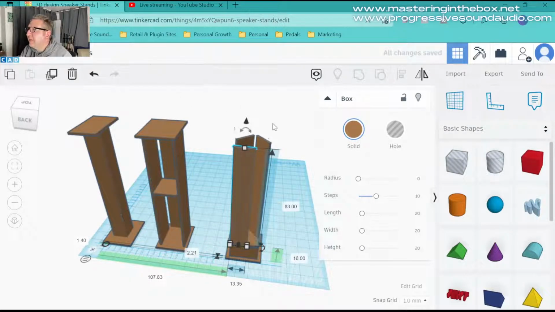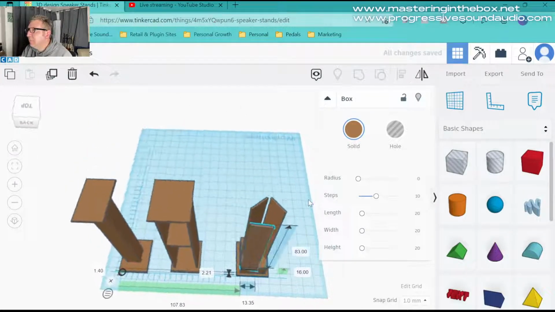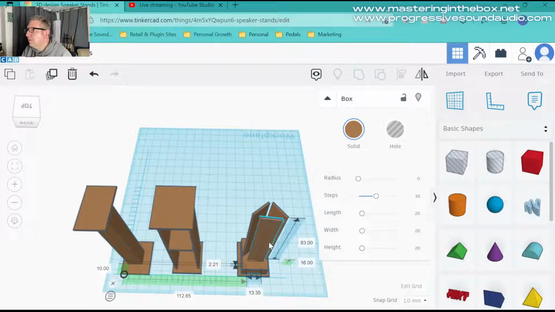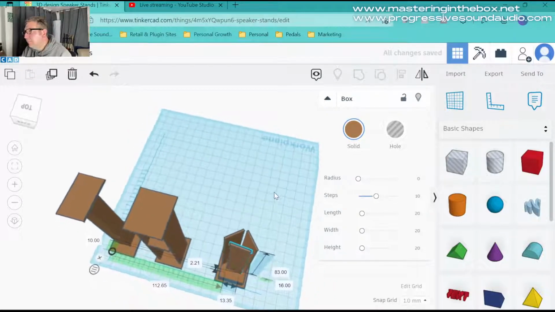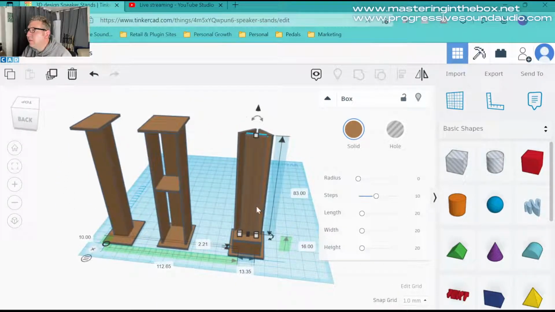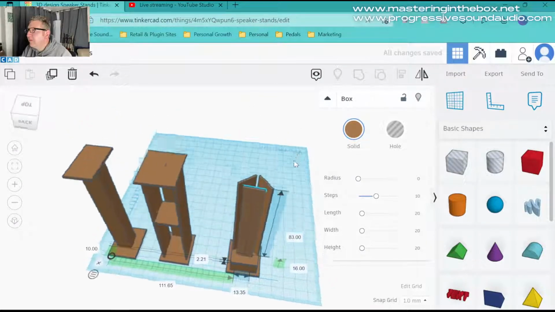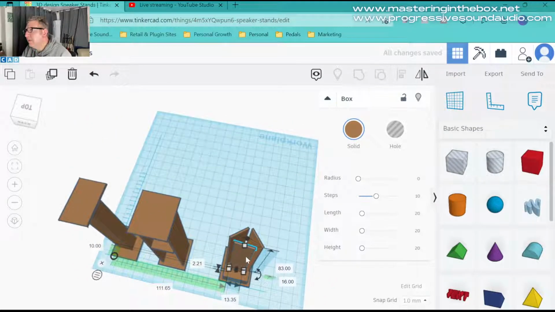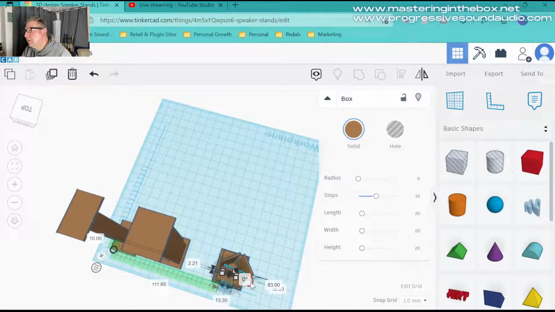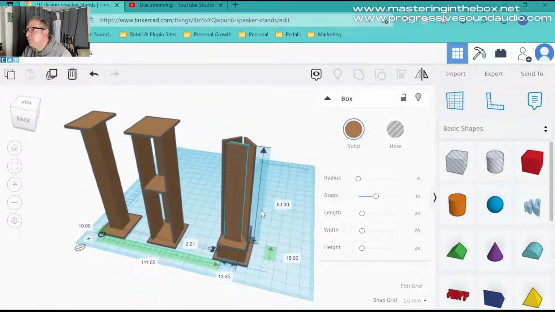That's better, and we get a nice flat surface. And what we can do is position that more in the center. I think that would be that angle looks a bit